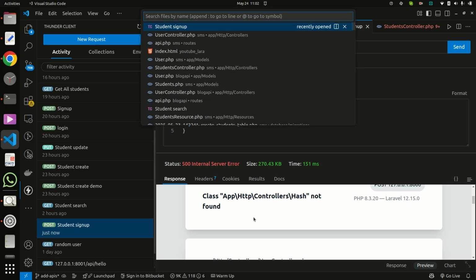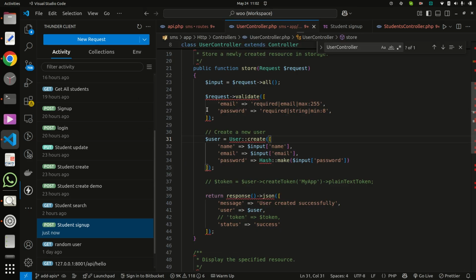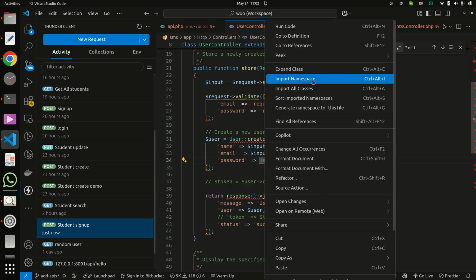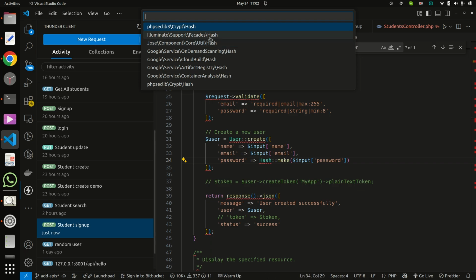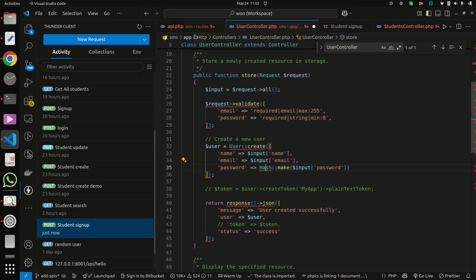So go to UserController, and here we use has, but we did not import this namespace. So import it from the facade. Now check again.